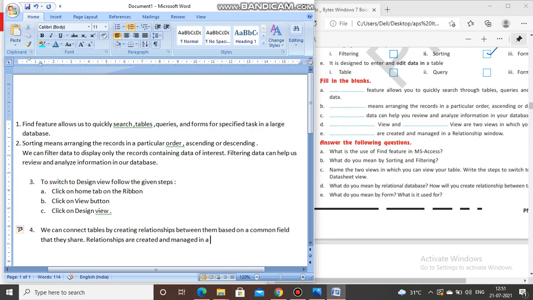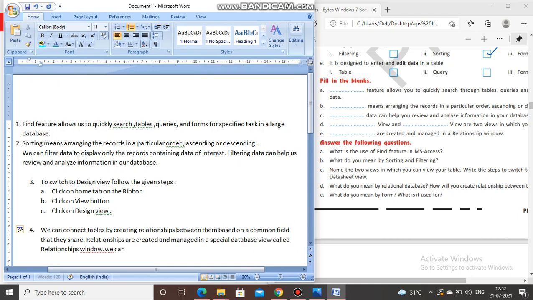Relationships are created and managed in a special database view called relationship window. Okay, this much is clear.